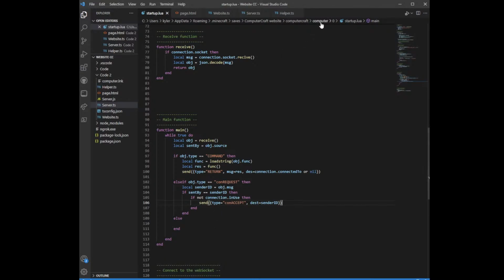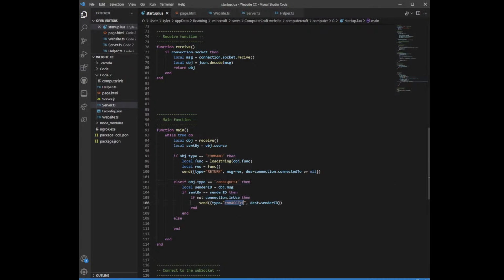It is in my computer folder thing here. Basically, this is index 0 in my Minecraft save, a ComputerCraft website. I wonder, am I able to hide this? No. Okay. Yeah, gonna do all this, and yeah, so if it is a con request, we're gonna send a